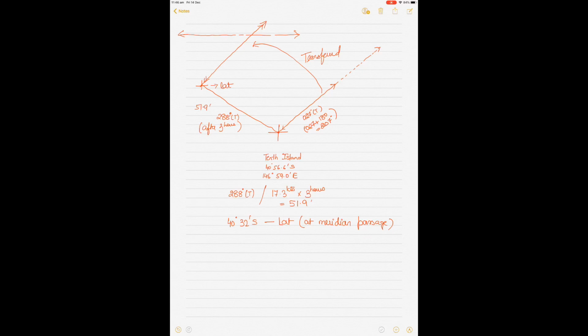Now the intersection of these two position lines then gives me the ship's position, right? And I'll show you how the working is done. Now on the plotting sheet, we don't work out the whole question like this, because if it's 51.9 nautical miles,